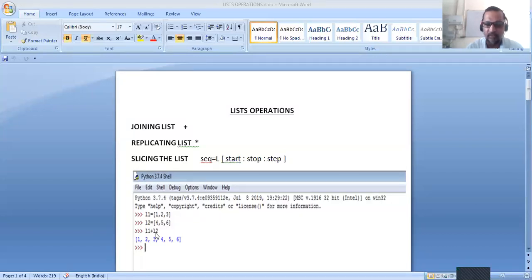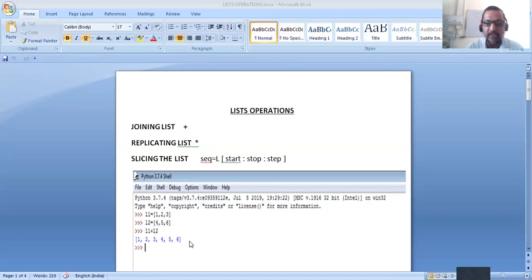Then when we give the command L1 plus L2, this will join these two lists, and the resultant list will contain the elements of both lists. That is 1, 2, 3, 4, 5, 6.